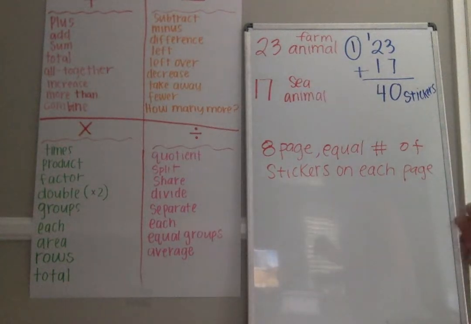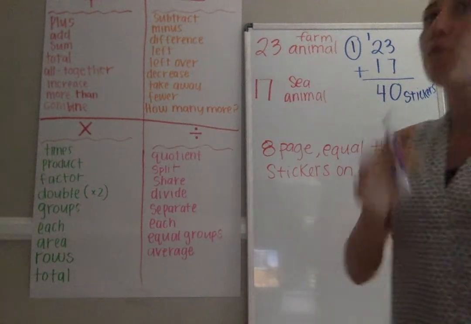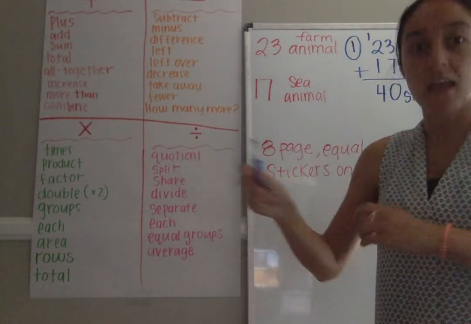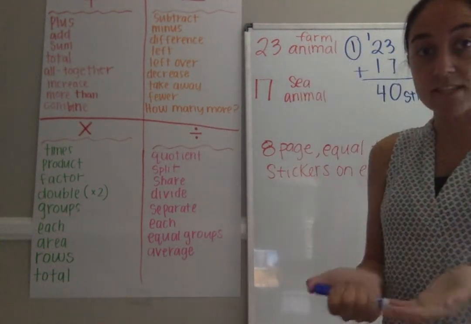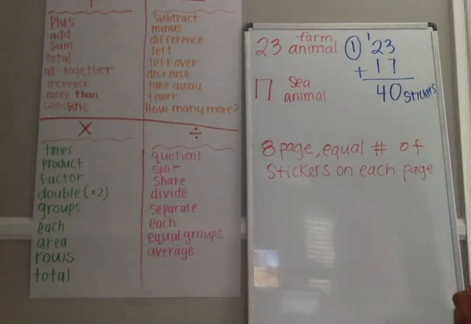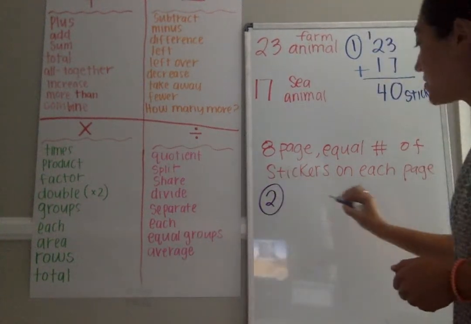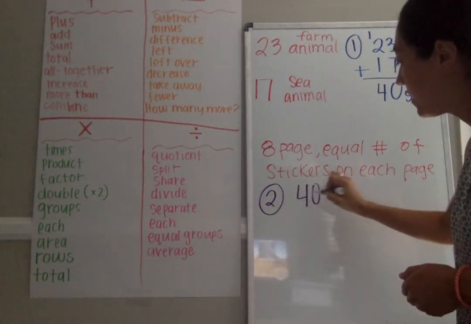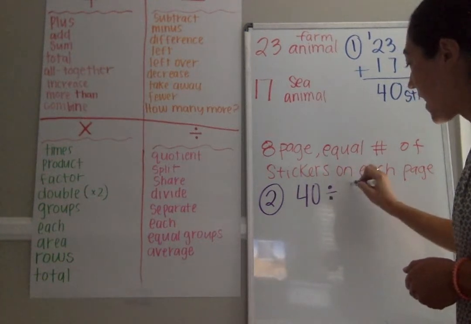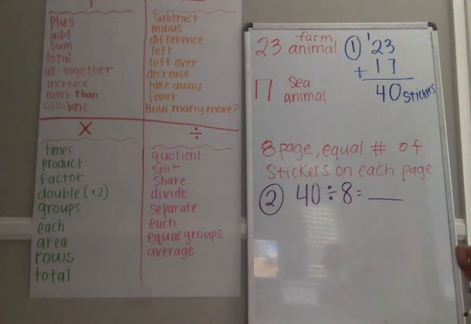But we're not done there. He now needs to put 40 stickers, not 40 stickers on 8 pages, but he needs to take his 40 stickers and separate them onto 8 pages. So that's going to be our step 2. Step 2 is going to take 40 divided by 8 equals, and then we're going to find the number